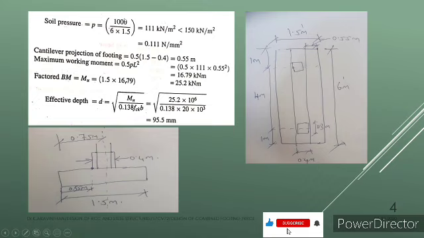So, the load coming from the column is 1000 and we have designed the area of the footing as 6 into 1.5. So, if you divide this, you will be getting soil pressure, that is 111 kilonewton per meter square here, which is below the safe bearing capacity of the soil. Note here that if the value goes beyond this, you have to increase the area of the footing. Here it is sufficient, which is less than safe bearing capacity, hence we can proceed.